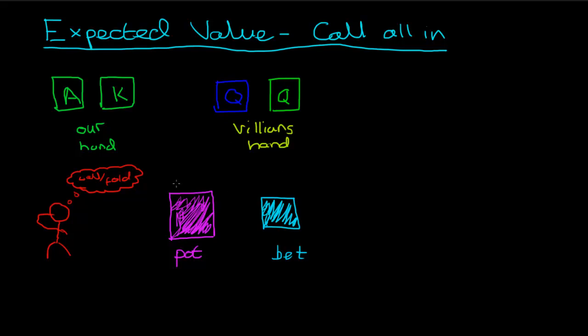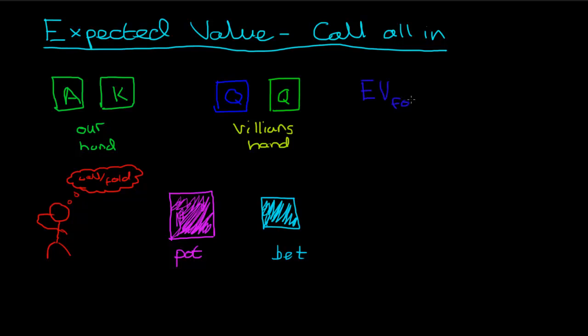So, we've got this pot here that we can win, and we also have our opponent's bet, which we can win. But if we are going to see the showdown, we have to match the opponent's bet. Okay, so first thing we want to do is look at our first option, which is to fold. And this might seem a little bit silly, but let's just think about the EV